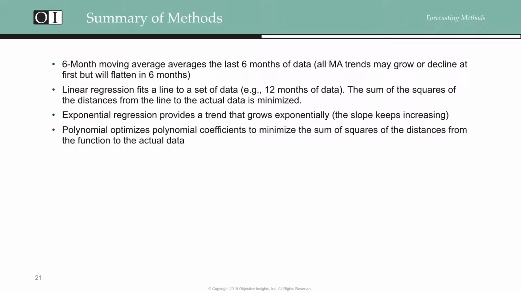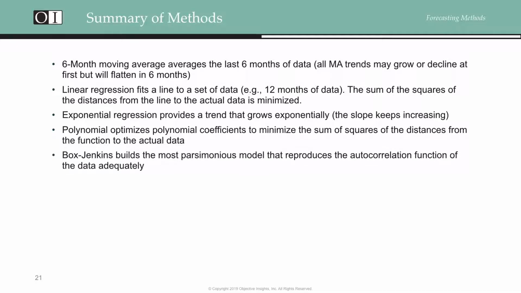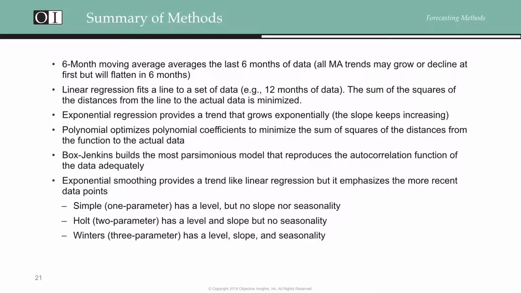And then we have different polynomials. We also have Box-Jenkins models that build the most parsimonious model that reproduces the autocorrelation function of the data adequately. And then we essentially have our star, which is exponential smoothing, which provides a trend like linear regression, but it emphasizes the more recent data points more heavily,